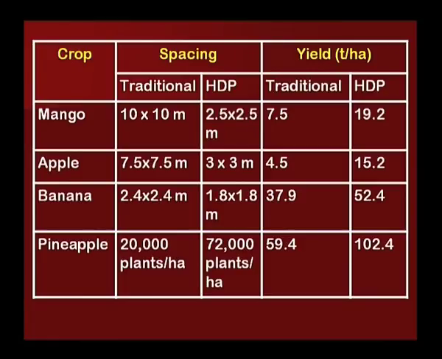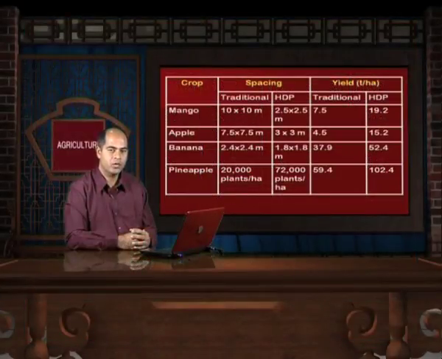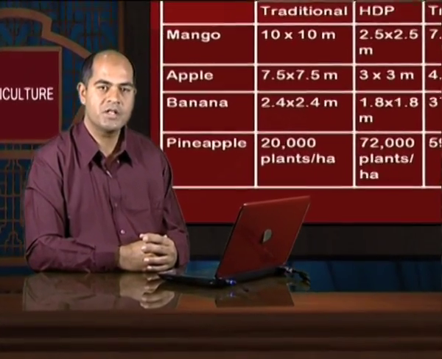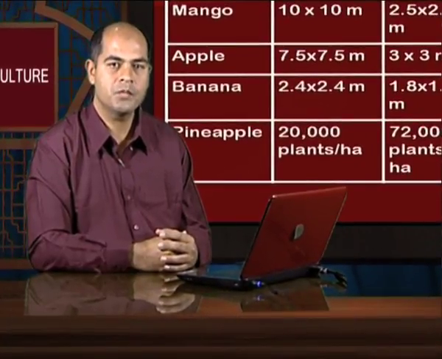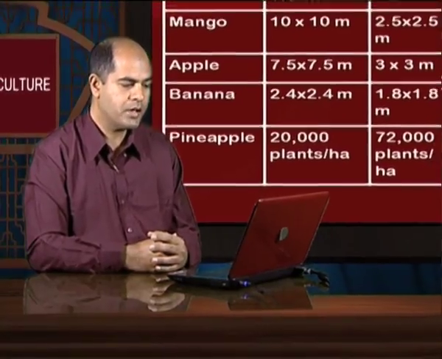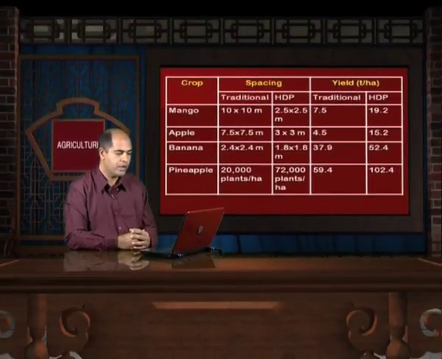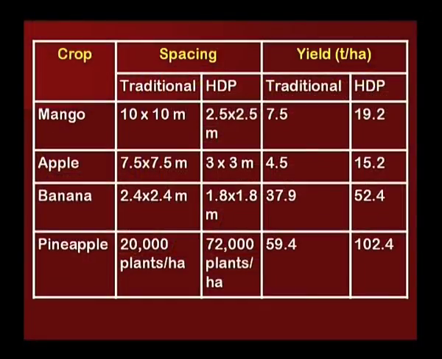The spacing always refers first to row to row and second to plant to plant. So in case of mango, when we say 10 multiplied by 10 meter spacing, it means the spacing between rows is 10 meters and the spacing between plants within a row is also 10 meters. Traditionally the 10 by 10 meter spacing is practiced in mango, whereas in high density planting 2.5 by 2.5 meter is practiced, and you can see that